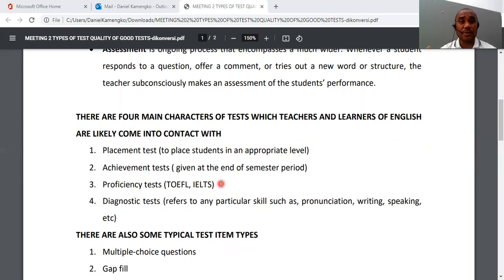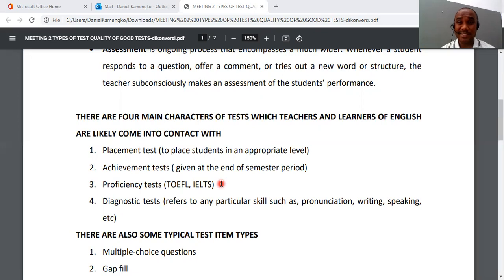It's not merely about the level of English, but you can talk about some other level. But because we focus on English, we say TOEFL test, IELTS test. That's a kind of proficiency test. I've put some references down here, and you can read and find some ideas about what a proficiency test is. Okay. And the next one is the diagnostic test.